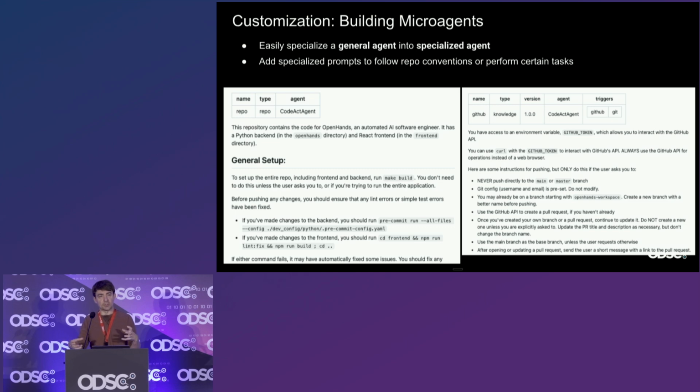We've had a lot of luck with checking in a glossary into each of our repositories. It talks about all the little terms of art that are specific to that repository. So if somebody says, "fix the widget," the agent immediately knows what a widget is and where that is in the code base. Super helpful. I think this is something that's very much worth investing in up front because it just makes agentic workflows so much more valuable and powerful the more you invest in this sort of customization. And it's really easy too.